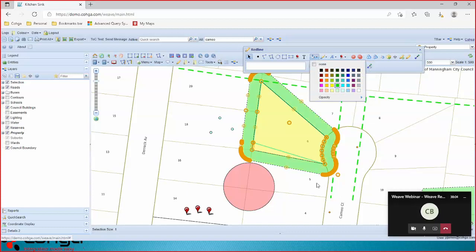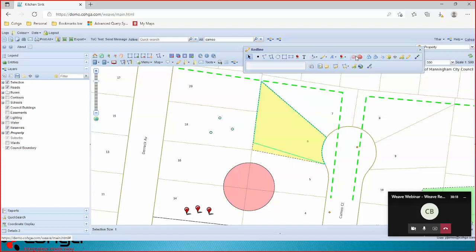So you can see that that polygon is now just the outside of the original red line. Okay, so if I delete that particular polygon, red line, and that red line,